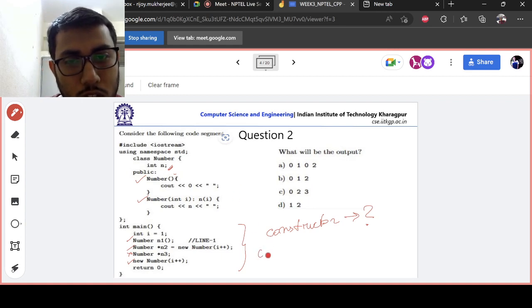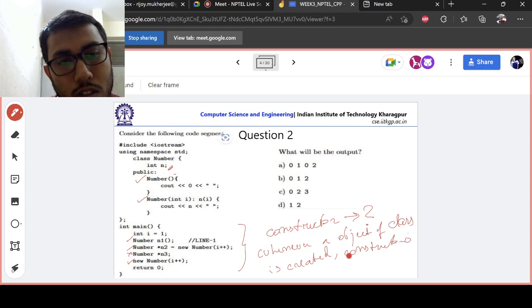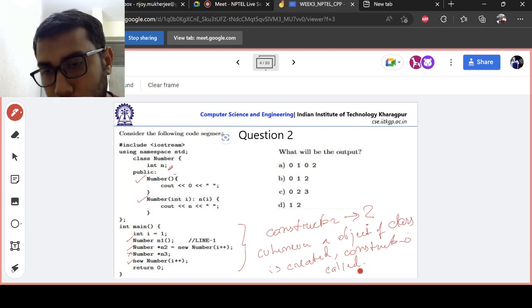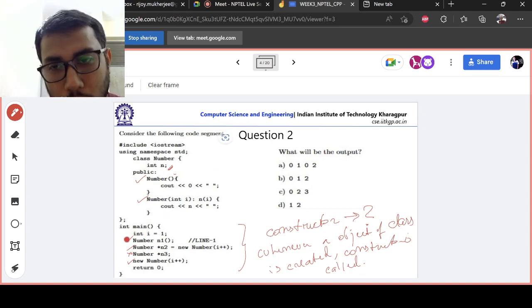So whenever an object of a class is created, the constructor is called. So in this case you can see this is an object creation, this is object creation, this is